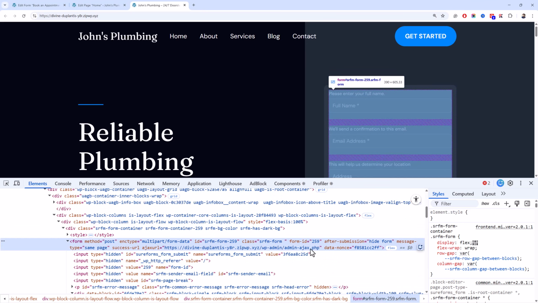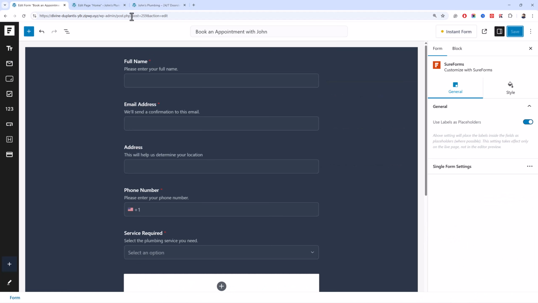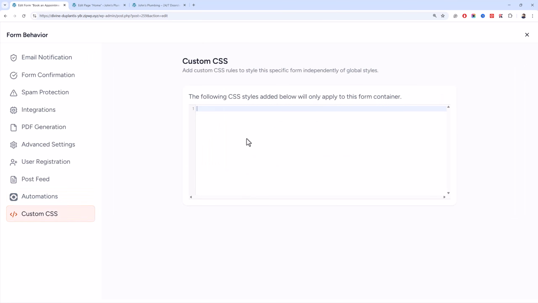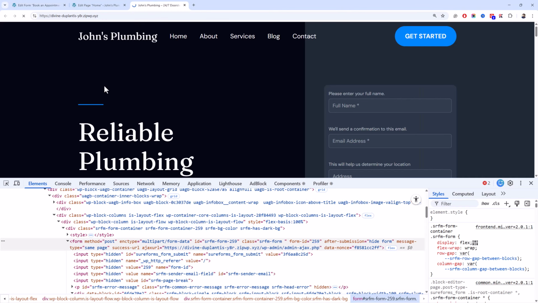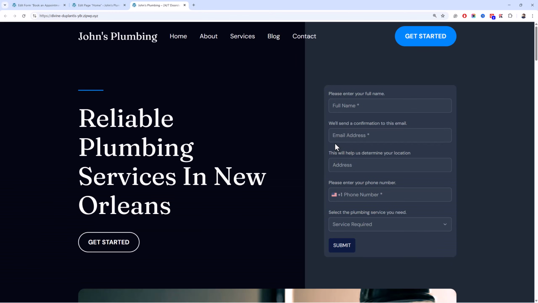Let me just select this form's container, which is SR form, and I'll navigate to the advanced settings, go to the custom CSS, and this CSS will be applied to the form container, and I'll just set the gap to 0 pixels, and to just make sure I'll use an important so it overrides the theme styles. Okay, let me just reload this one, and there you go, the form is now more compact.